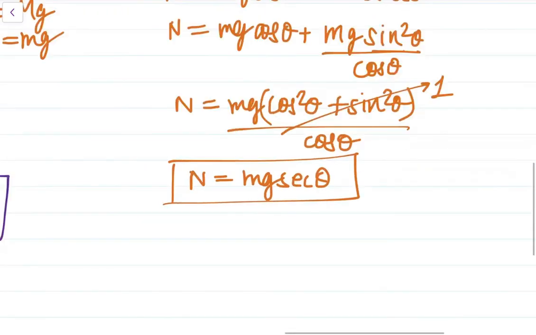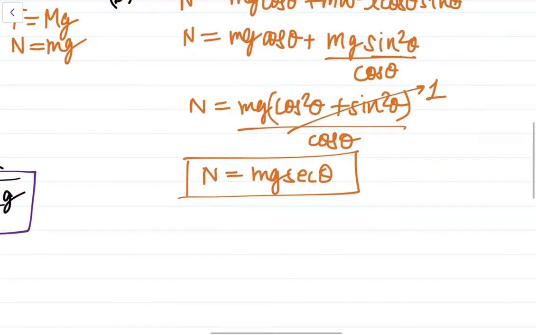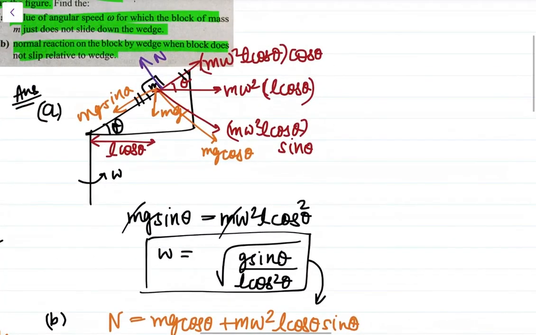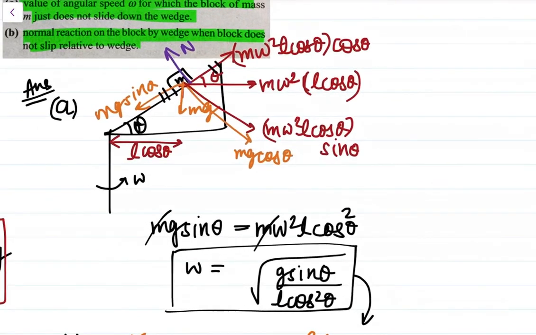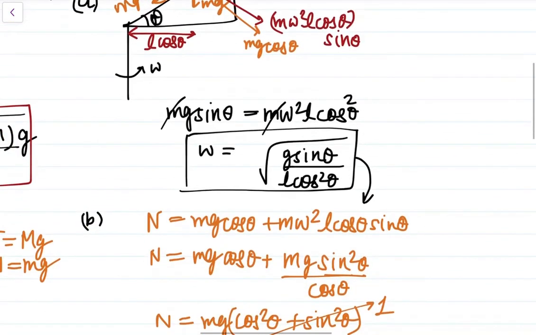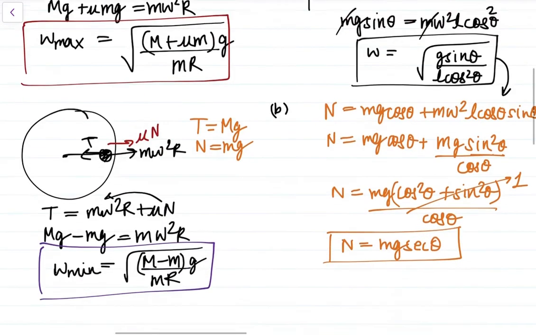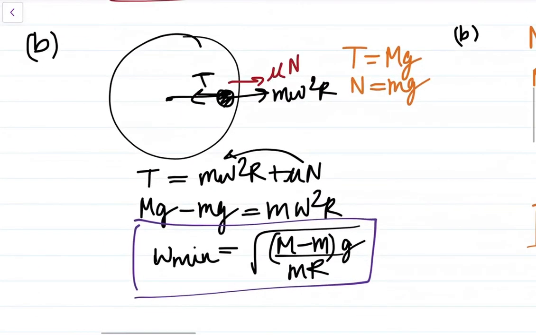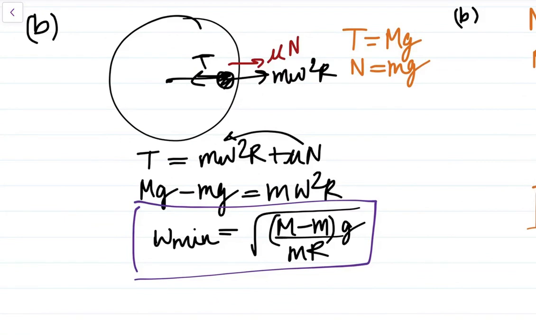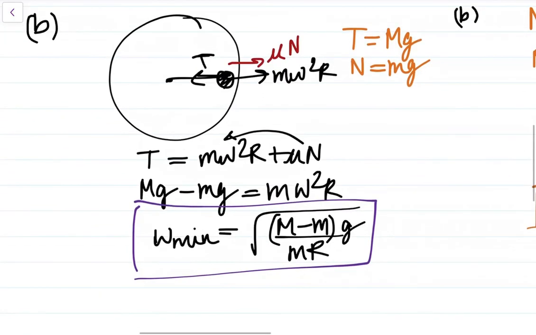Alright, so it was pretty clear what we have to do in rotatory frames. We just have to apply an equal and radial outward force, that is m omega squared r. Okay, and we just have to balance this. Alright, so now in this question, if you don't want to do it that way by applying centrifugal force, you can also do it in the simple normal way. So I will just show you here.